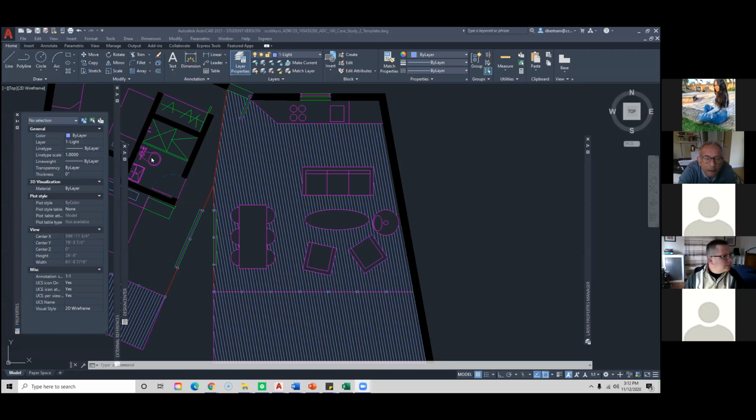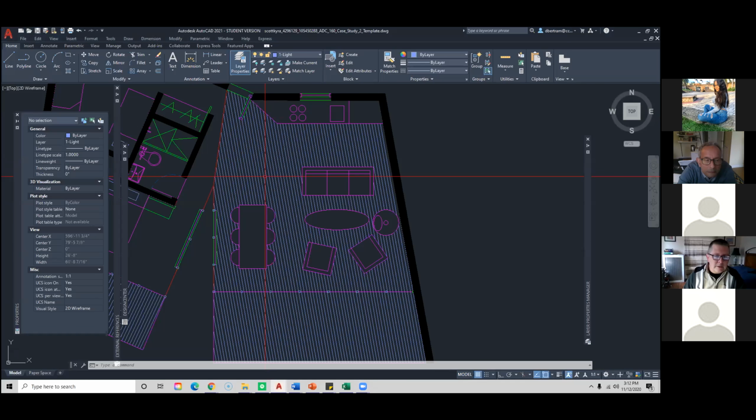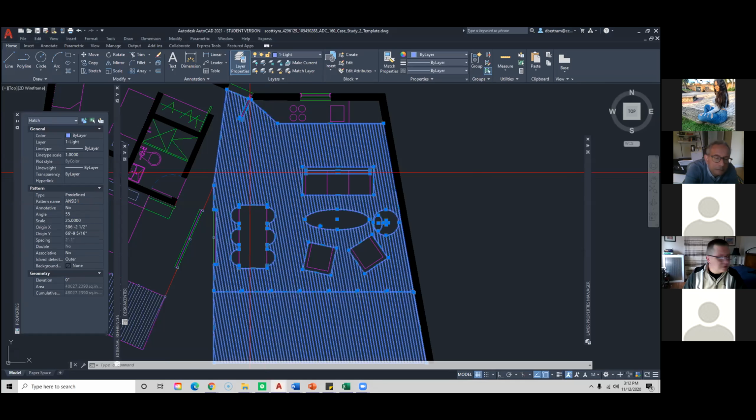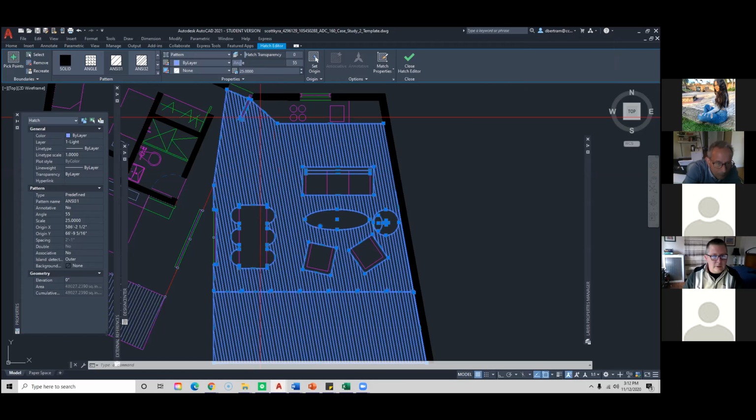So actually, hold on, I'm not sharing it right now. Can you see my screen now? Yeah. Okay, so after we fine tune the line weights, do you think they should do hatches in CAD? I mean, you're stuck. When you put the hatch in, otherwise you would be doing the magic wand inside every single floorboard to cut it out so that you could drop a color behind it. That doesn't really make sense. So this is the look,